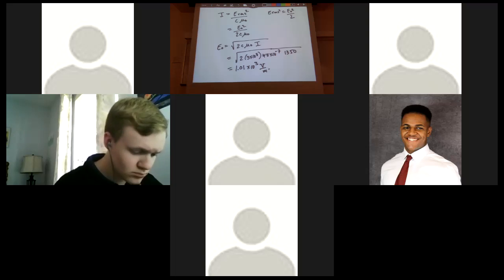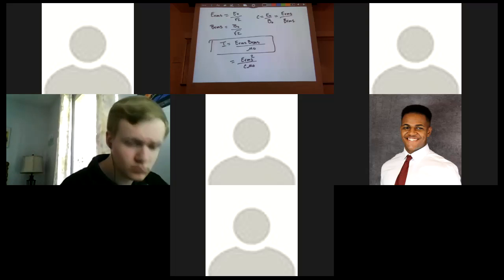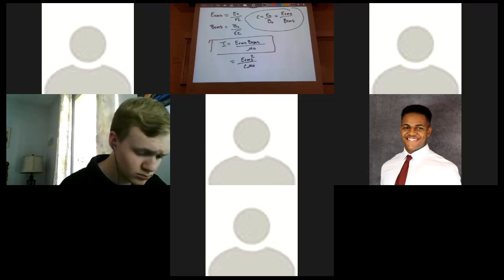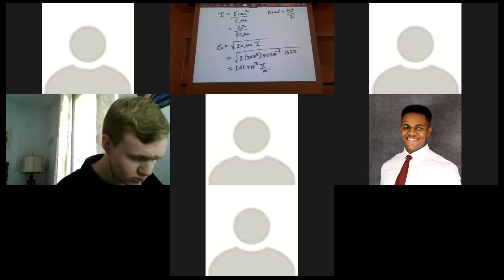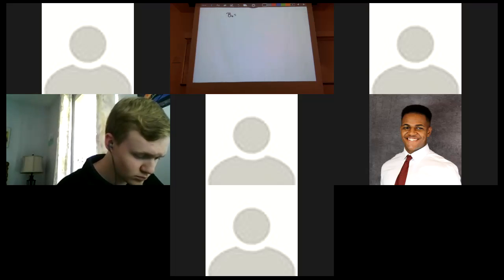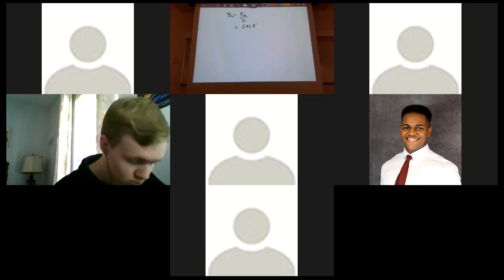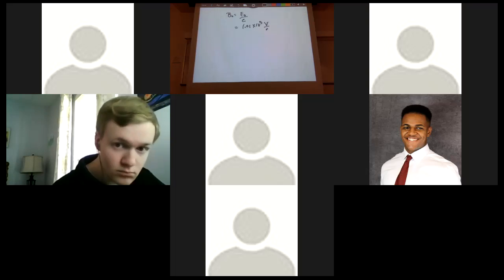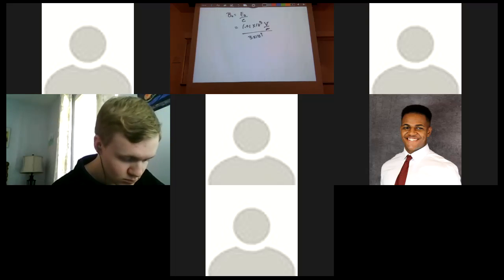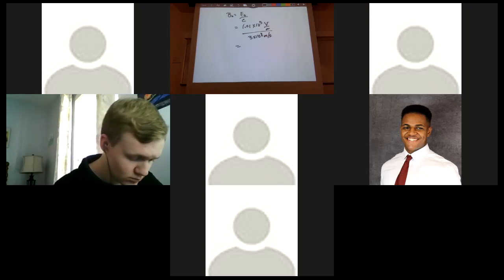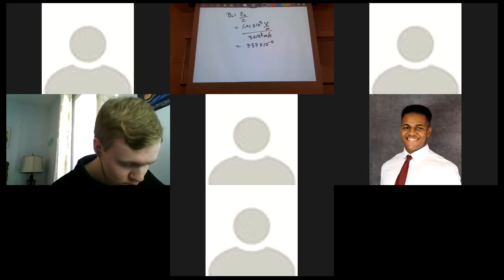To then get the amplitude of the magnetic field, we're now just going to use this relationship. Since we already know E0 and we already know C, we can find B0. So B0 is equal to E0 divided by C. So it's going to be 1.01 times 10 to the 3rd volts per meter divided by 3 times 10 to the 8th meters per second, which makes that guy very small. So this gives me 3.37 times 10 to the minus 6